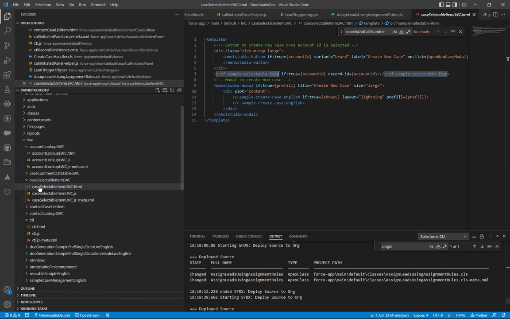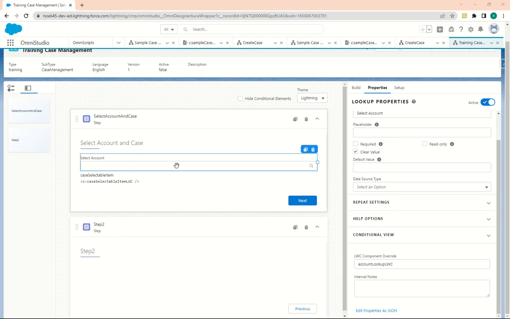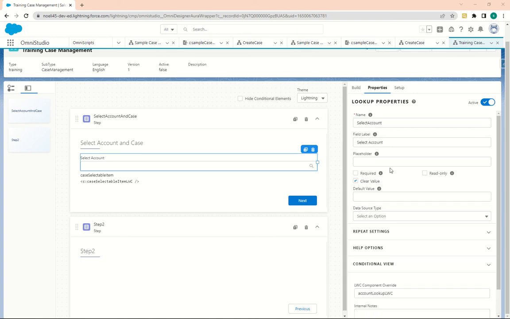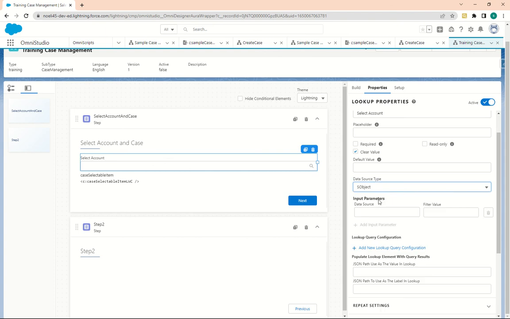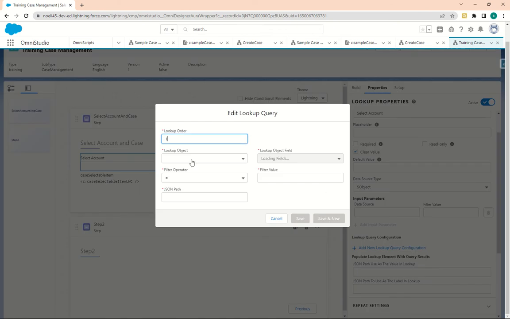So let's go back to our OmniScript. Now we have this configuration. Now we need to finish with the configuration of the OmniScript. So let's go to the lookup element. Let's go to the data source, it is the S object, and we have to add a new query because we have to select the account